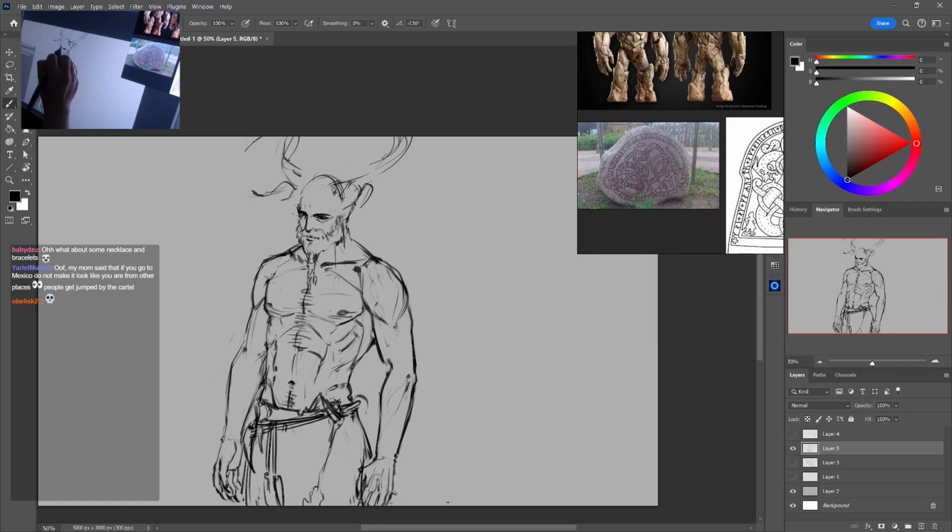Let me give him downward turn eyes. I don't know, kind of fits his character a little bit more, I think. Right, okay, so we'll put in his forehead. I'll make the antlers attached to his forehead, I think.